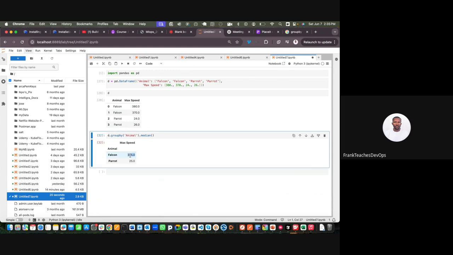I can get median, right? Can I get standard deviation? So this is a standard deviation. So you can see how we are able to perform aggregate functions on our items, right? Great. So similarly, I can describe